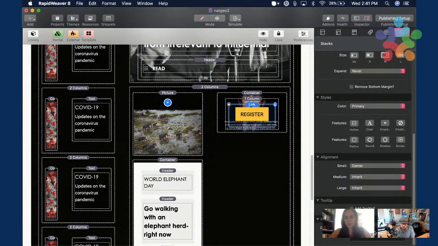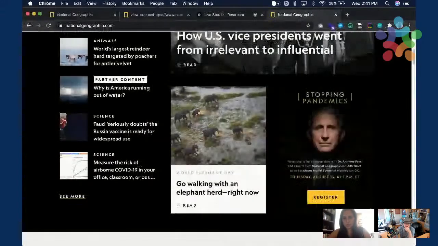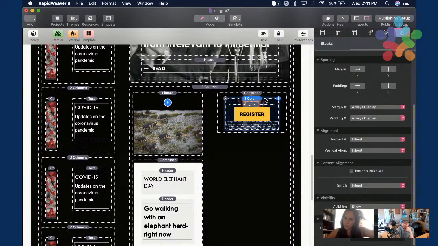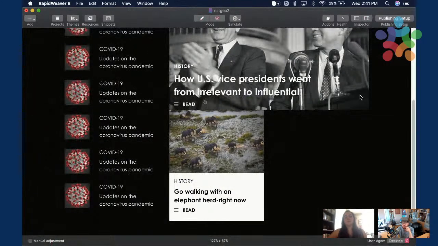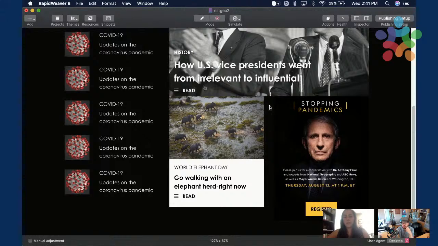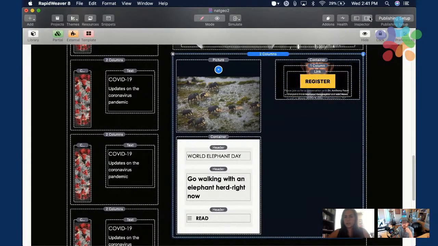Bold, I guess, and just align the content of the column to the bottom, and let's see how that looks. There. So I'm just going to add a little padding to the 2-column stack.